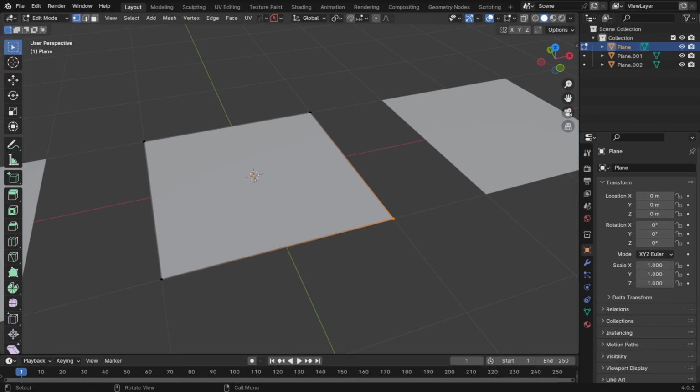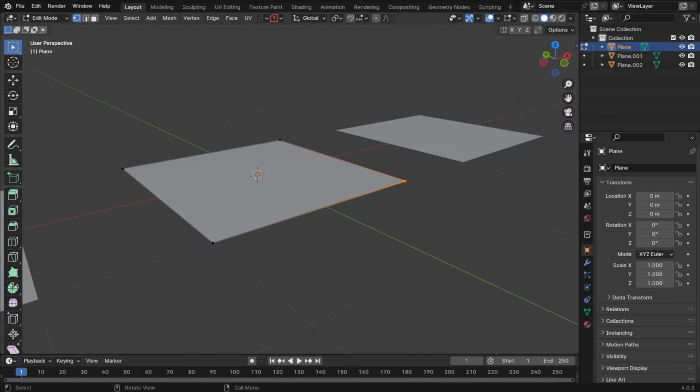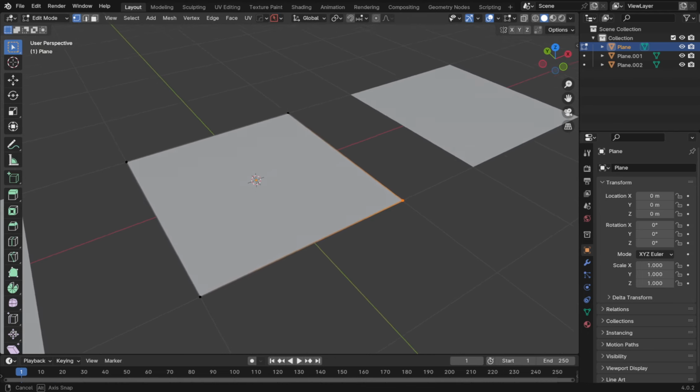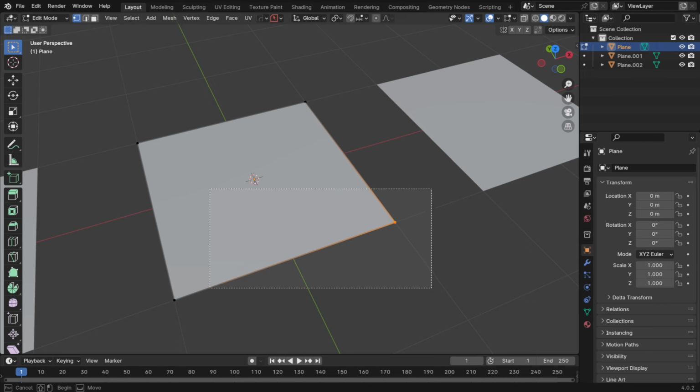So what am I going to show you here? Well, here you have a flat polygon, a polygon with four vertices. And